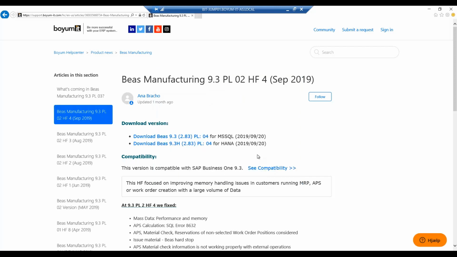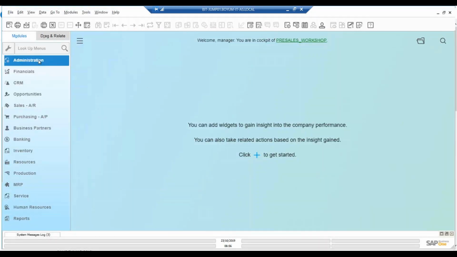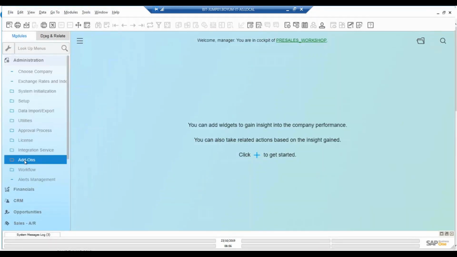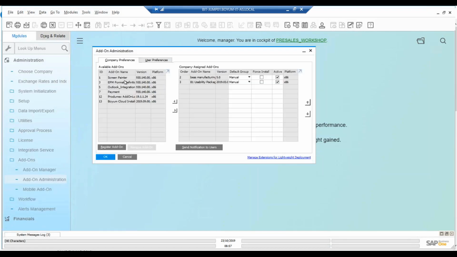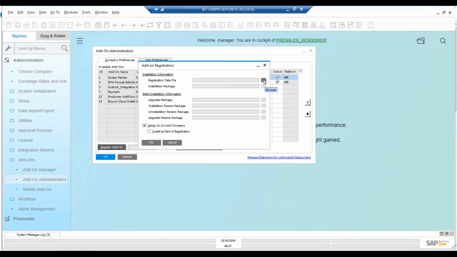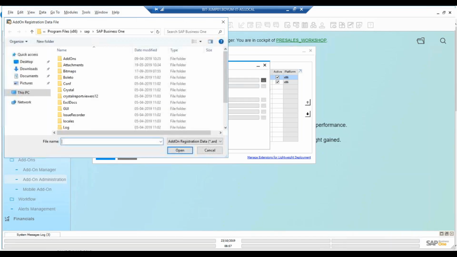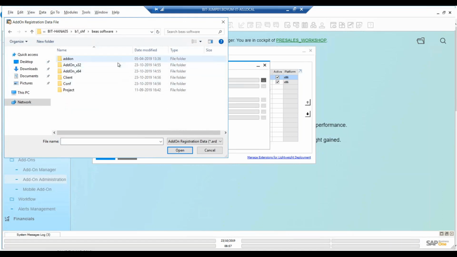If this is the first time that we are installing Beas, we can come inside SAP Business One, come into Add-ons, Add-on Administration, and here we can install the Beas connector. In this case, I already have the Beas connector installed in here, but if you don't have it, you can come into Register Add-on, click on this search icon, and go to your B1 Share folder where you install Beas,